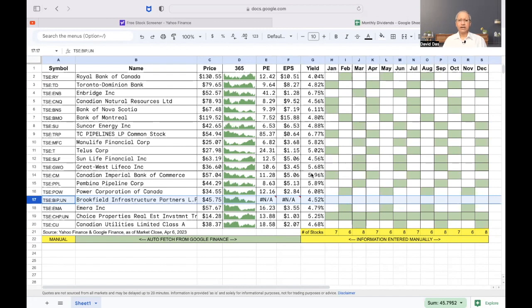We can see here that there are about 4 stocks which are paying over 6% dividend yield. One is Enbridge, 6.75. The next one is Bank of Nova Scotia, 6.11. TC Pipelines, 6.77. And Power Corporation, 6.08. You may ask that there are many other stocks which are paying more than 10% dividend